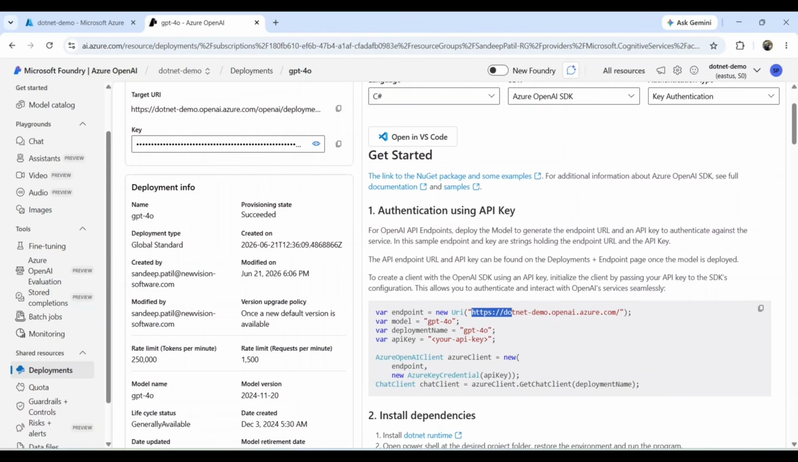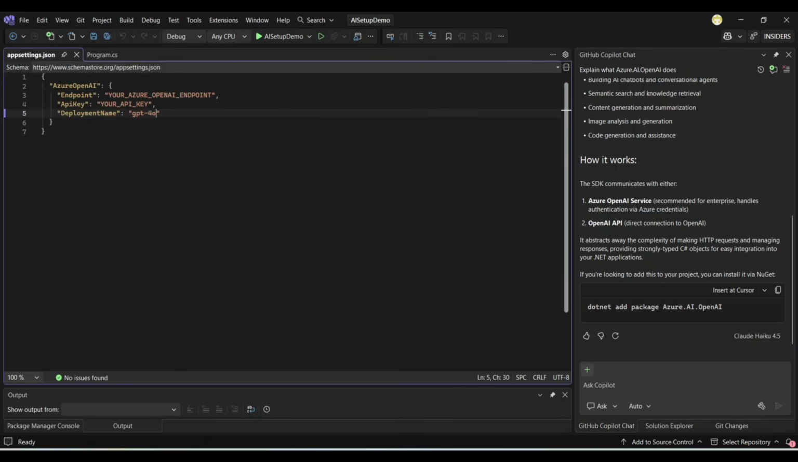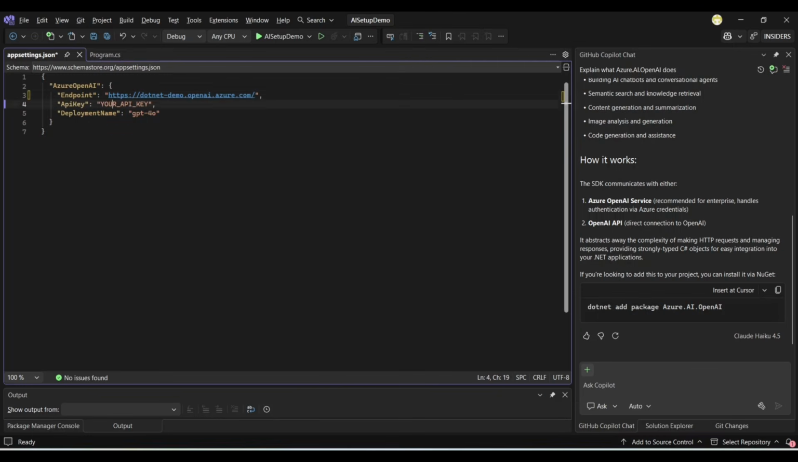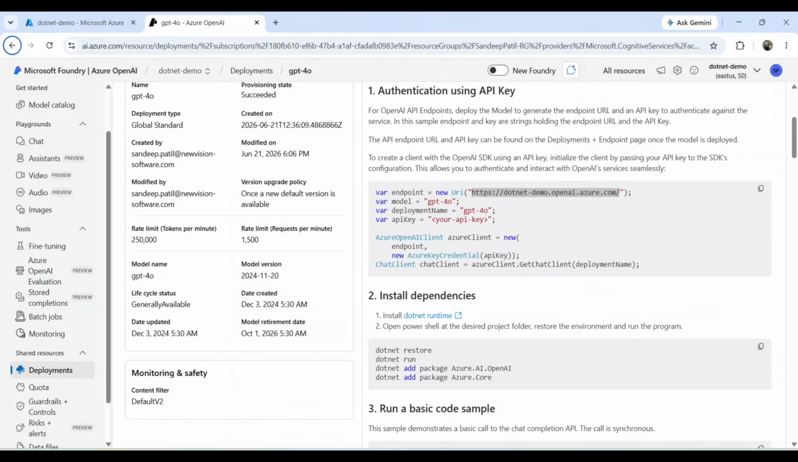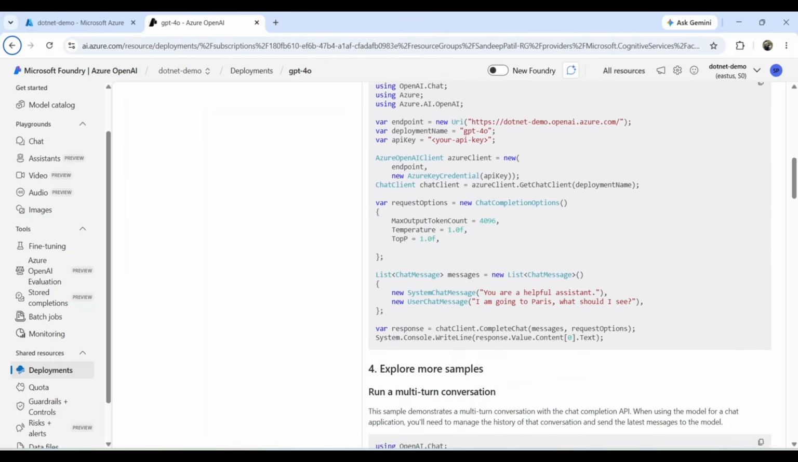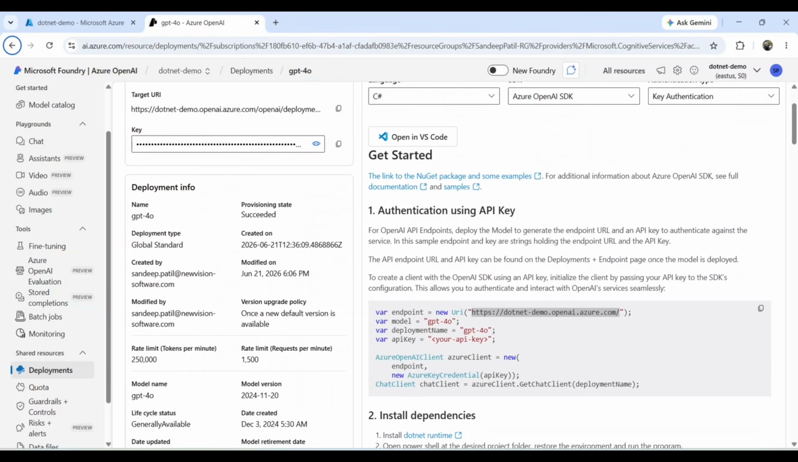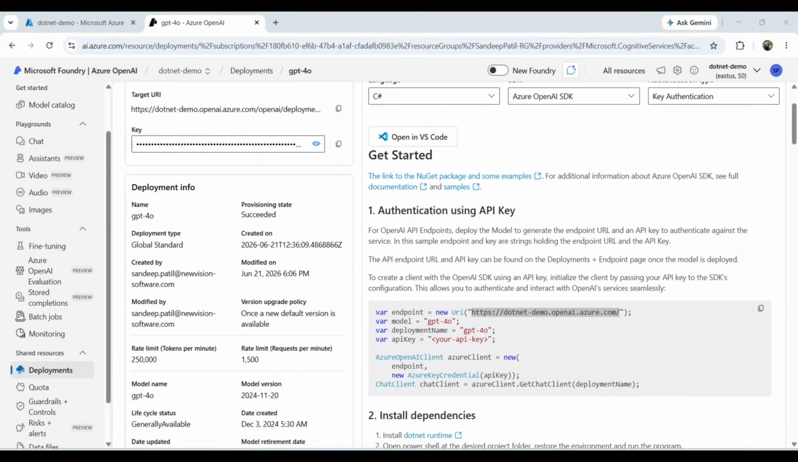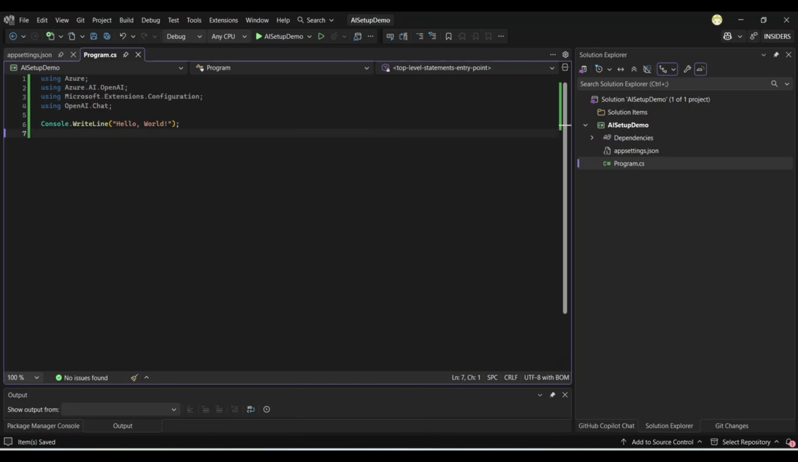Once the deployment is completed successfully, we will copy three things: the endpoint, API key, and deployment name. We will copy them from the Azure portal and put them in our appsettings.json file. These values are required when making the API call from .NET. The Azure OpenAI model has now been successfully deployed and is ready for use. Applications can securely access the deployment using Azure authentication and the deployment endpoint, enabling AI-powered chat, content generation, summarization, and